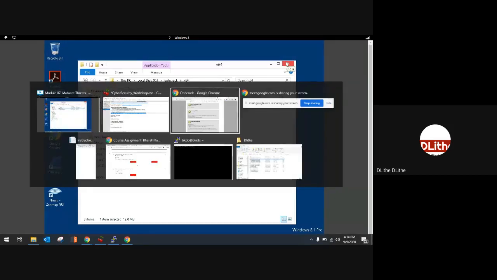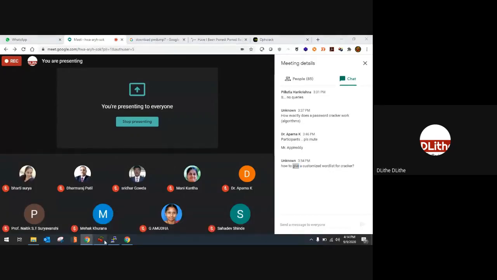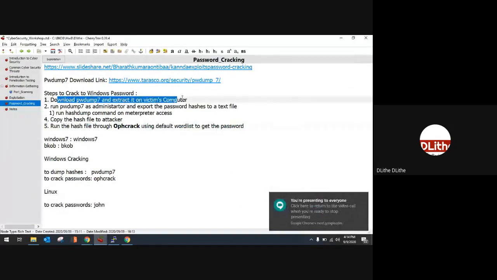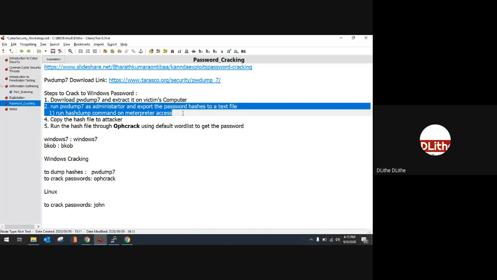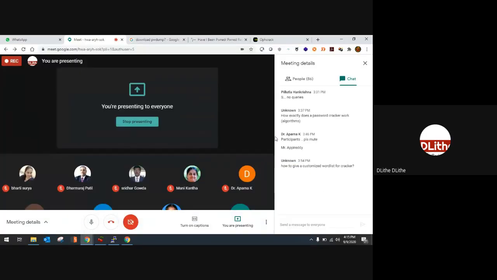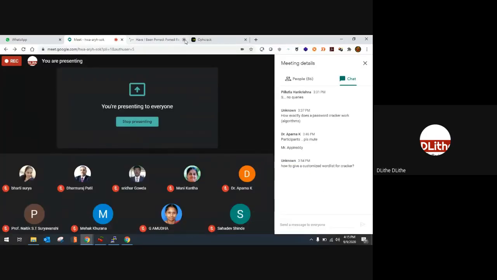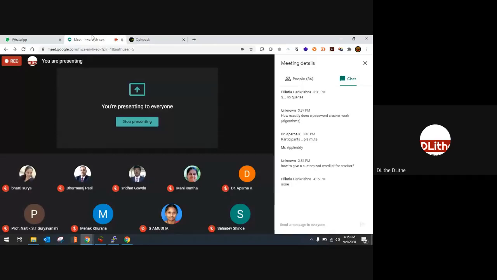Any queries, guys, with respect to Windows password cracking? Again, let me recall the process. We dumped the password hash with the help of pwdump. Then we exported the password hash with the same pwdump. As an alternative, you can also dump the password hash using Metasploit access. Once you dump the password hashes, you need to import them using OPH crack, a tool which is used to crack your password hash. Clear? Any queries so far, guys, with respect to Windows password cracking? It's pretty much the same and straightforward. In my case, the system was giving me issues. Instead of wasting much time, I just utilized a different lab.